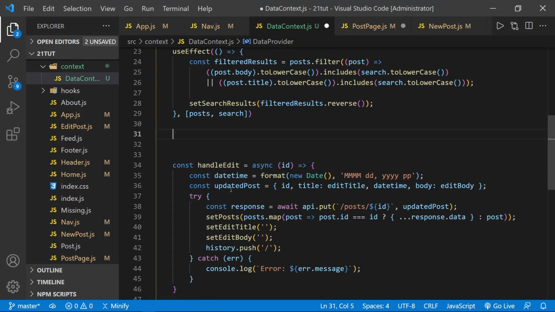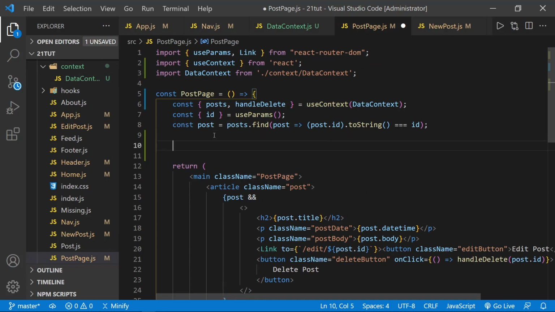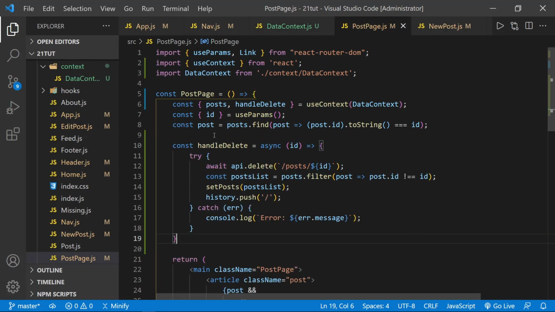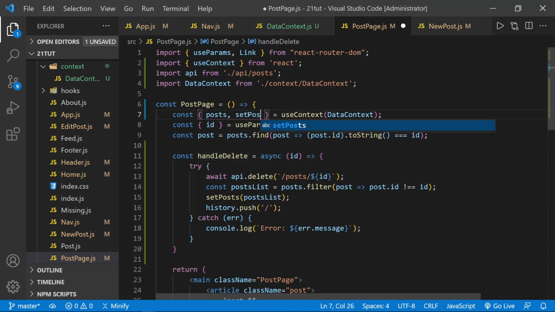Here we go. I'll just save, go back to the post page, paste in handle delete and save. But what are we missing? We are missing the API for sure. So we need to import API from ./API/posts. And after the API, we have set posts coming in. No, we don't yet. So let's go ahead and do that instead of the handle delete that we previously were